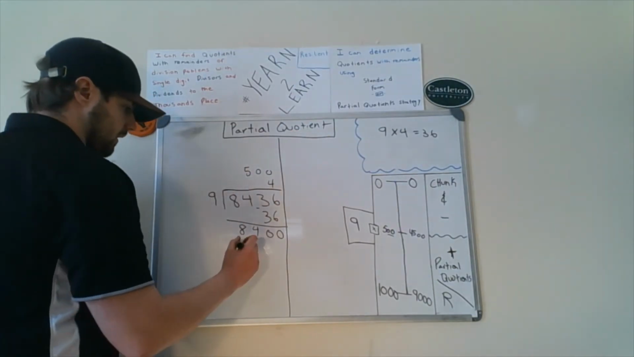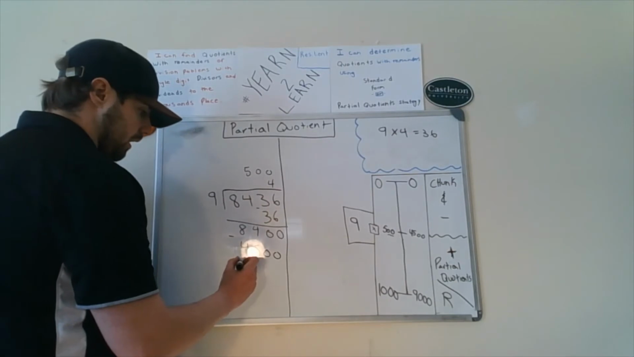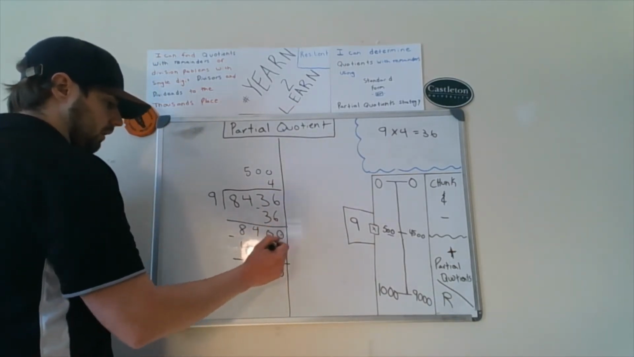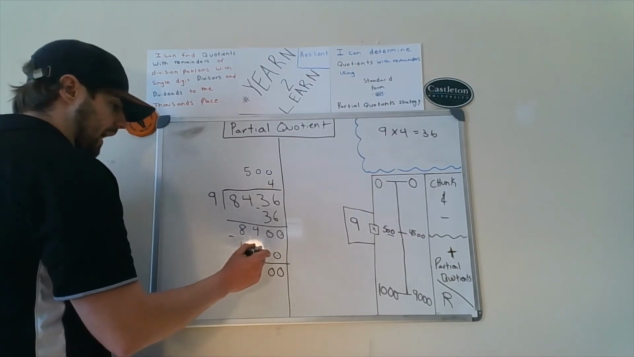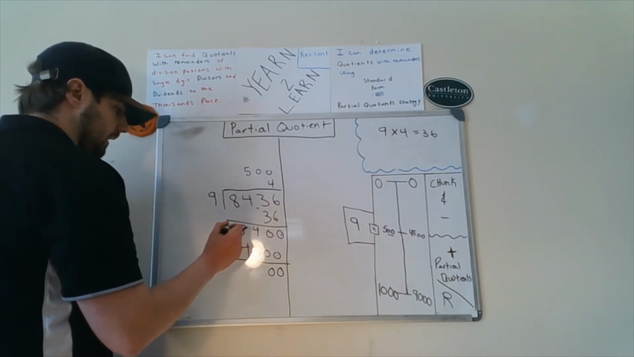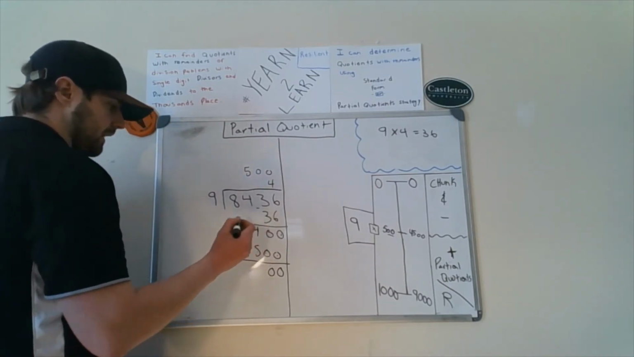Nine times 500 is going to give me 4,500. 4,500. I subtract it out. 0 minus 0 is 0. 0 minus 0 is 0. Can I take 5 away from 4? I cannot. I need to steal. That 8,000s becomes 7,000s. I bring 10